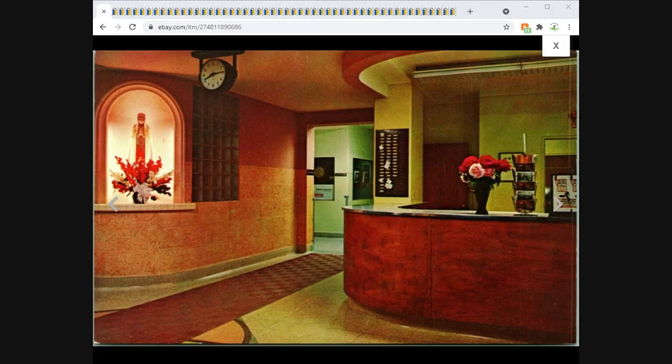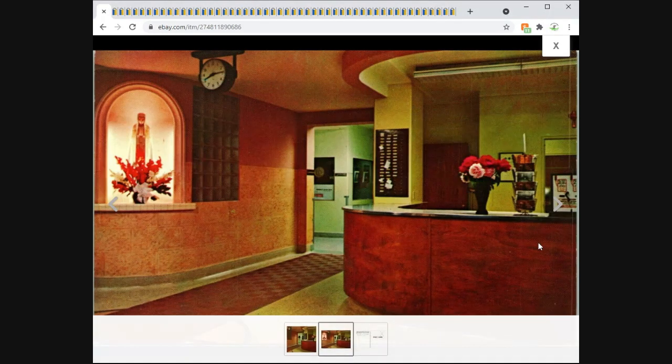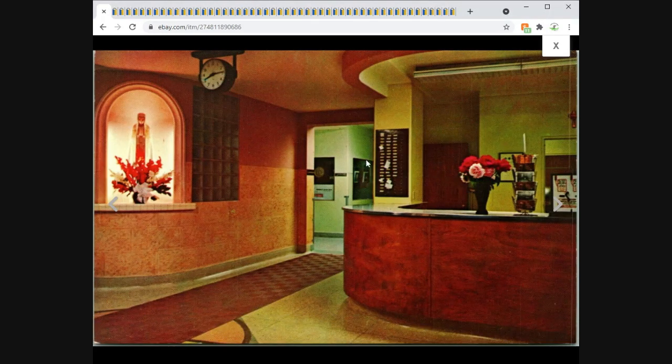I like this one a lot. This is a very cool interior of the Rapid City, South Dakota hotel. St. John McNamara is the name of the hotel. I like these lobby cards, especially the older ones. This one almost looks more like a